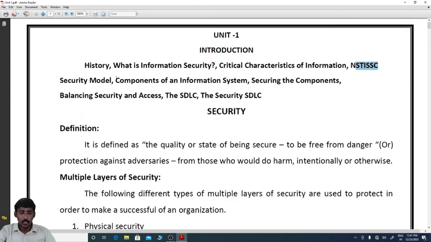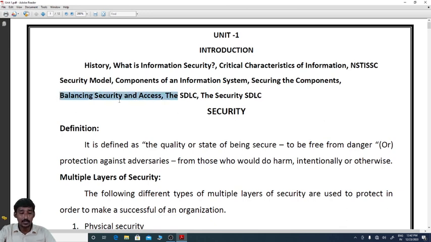For components, the different components of information systems are important. We must know them: hardware, software, data, people, network, and procedures. These are the components needed for an information system. For securing the components, we need to know what types of attack are possible. One is called the subject of attack and the object of attack, and based on the way the attack is happening, it is classified as a direct or indirect attack. And balancing the